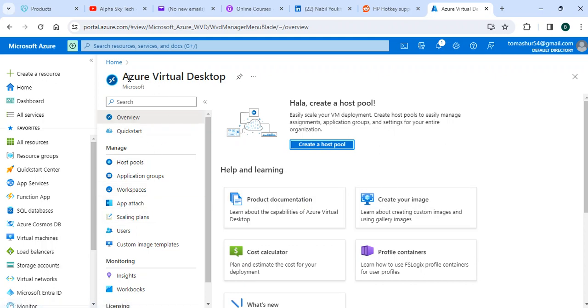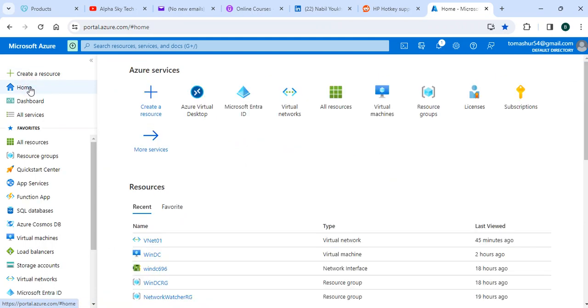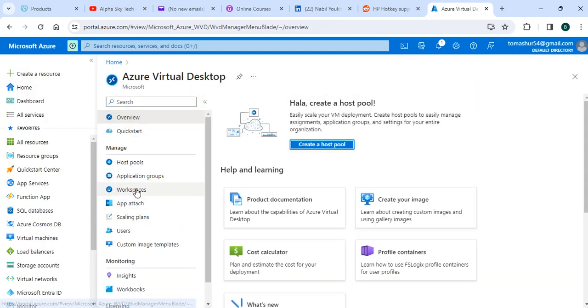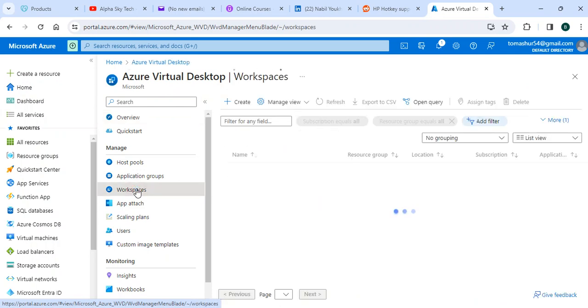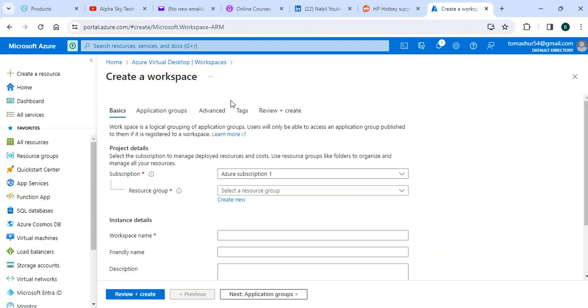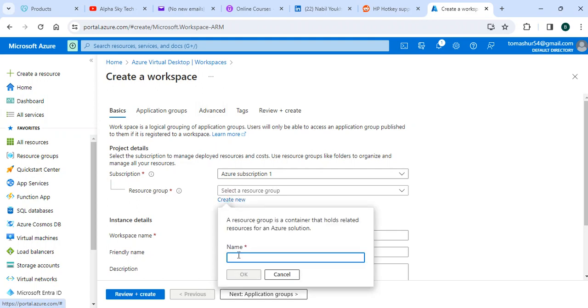So from Azure Virtual Desktop, you click on Home, and you're gonna see it here, Azure Virtual Desktops, and then you're gonna go and click on Workspace, and then either you create it here or you click on the plus sign to create a new workspace. And for me, I would like to create a new resource group for this, as I explained it to you previously. It will be, for example,